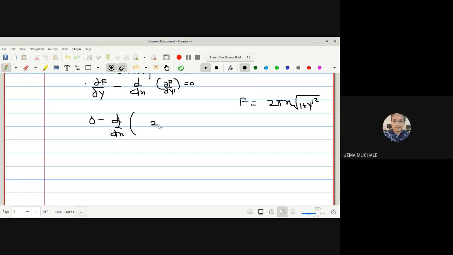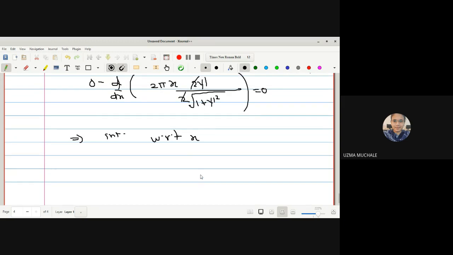2 pi x remains as it is, because we are finding a derivative with respect to y dash. So 2 pi x as it is, and the derivative of this is 2y dash divided by 2 under root of 1 plus y dash square, and equal to 0. So the 2 gets cancelled. Right, now again we can say that instead of doing a differentiation we can integrate. Integrating the above equation with respect to x, we get